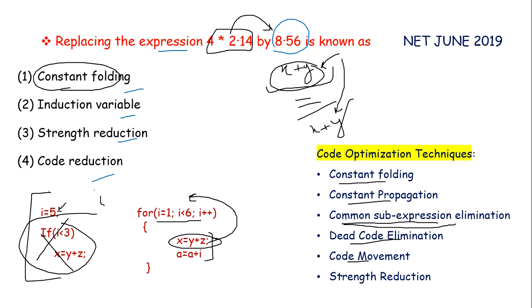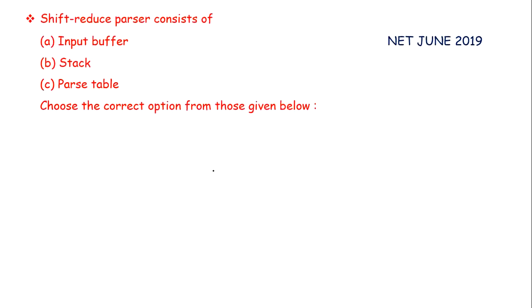This is code movement. And last is strength reduction. It is replacing the expensive operators with simple and cheaper ones. For example, say we have x equals 2 times y. Now we all know that the multiplication operator is expensive as compared to the addition operator. So rather than doing 2 times y, we will do y plus y. This is strength reduction. I hope that you got the basic idea. For detailed explanation, just wait for our video. We will shortly upload a video on code optimization techniques in detail with easy examples.